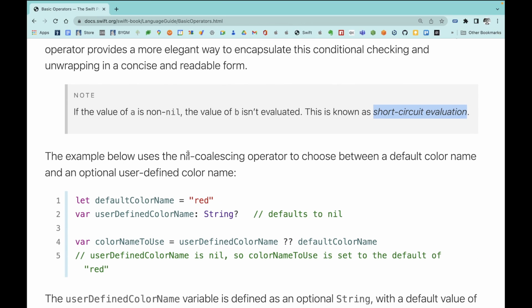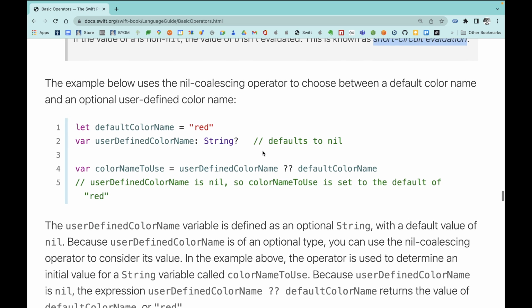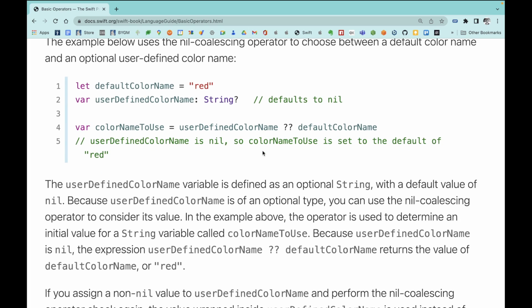The example below uses the Nil Coalescing operator to choose between a default color name and an optional user-defined color name. And I think one of the reasons why I use the word default